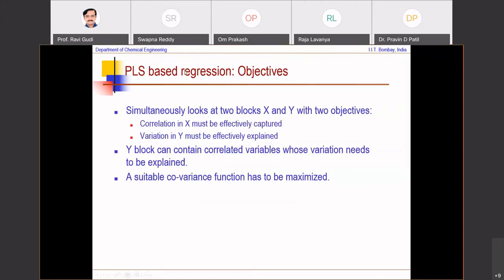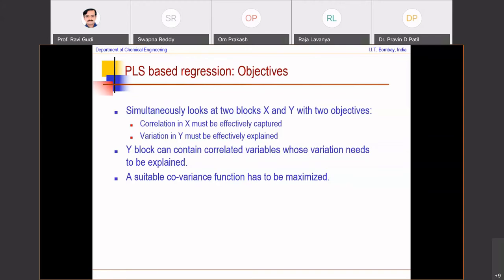What projection to latent structures does is the following. So far, we have looked at the X block as a predictor and the Y block as a predicted variable. At best, we have combined them into a single Z, under the presumption that, in case X is full rank and Y is a column vector, Z becomes n plus 1 dimensional in terms of the number of columns.